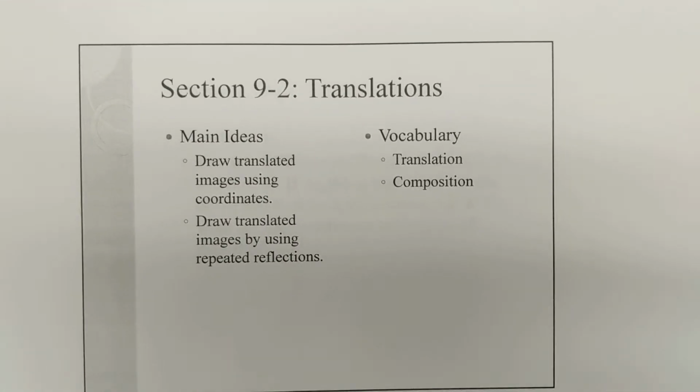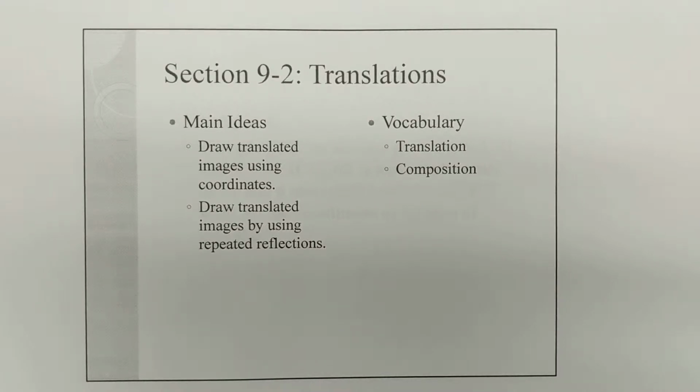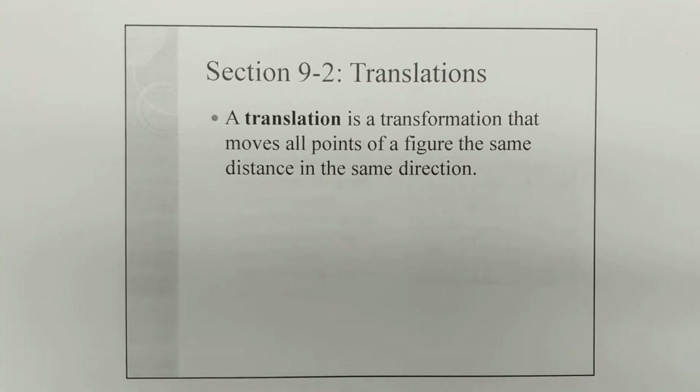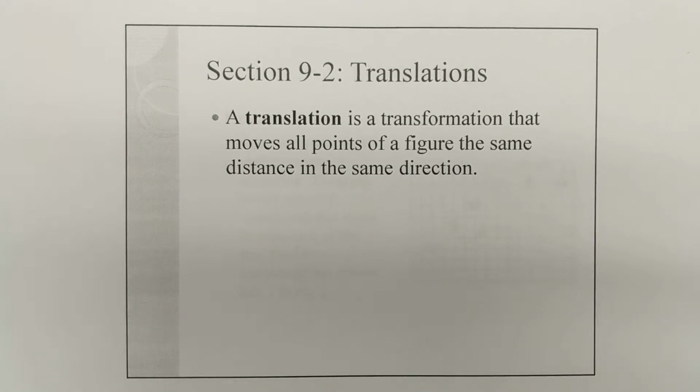All right, here we have section 9.2, which is translations. So main ideas: draw translated images using coordinates and repeated reflections, and vocabulary: translations and compositions. So first page. All right, so a translation is a transformation that just moves all the points the same distance